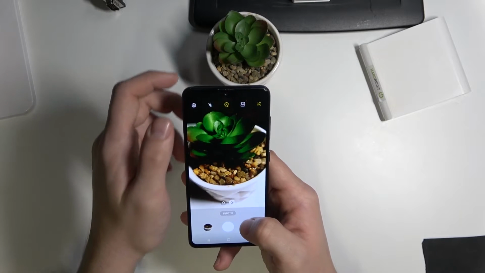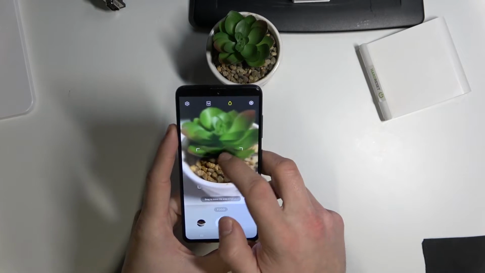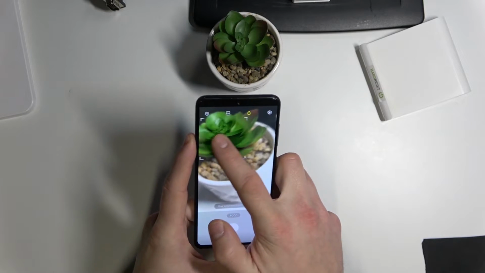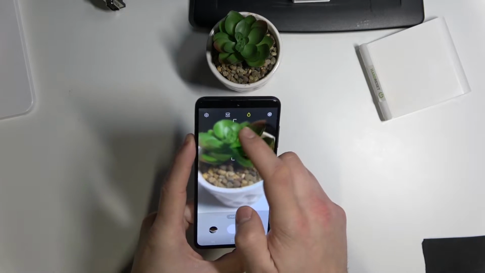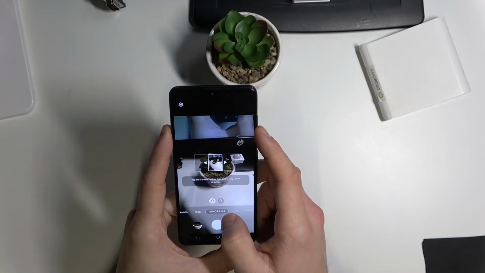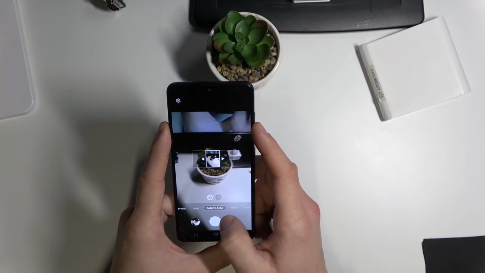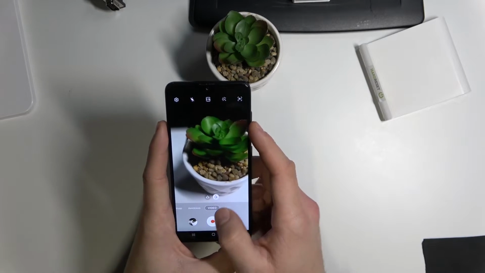Then, in food mode, we can scan our food and enhance it. Then we've got panorama mode. Video mode,